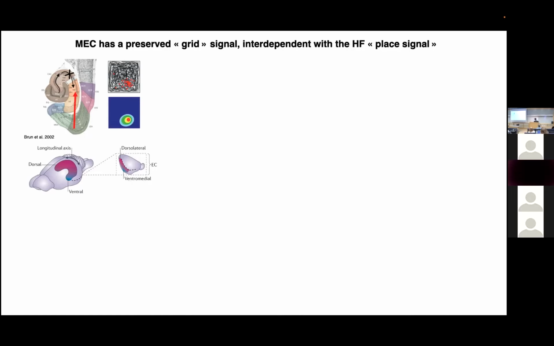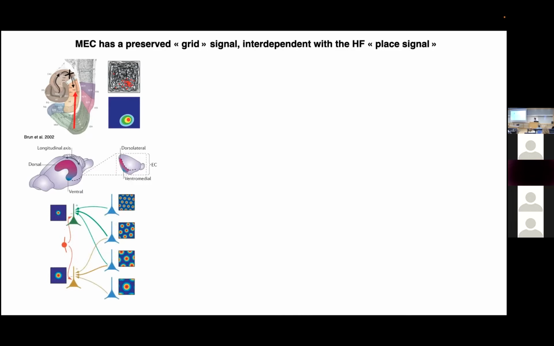When colleagues at the Karolinska Institute probed the activity of this region in the entorhinal cortex, they found another very interesting place signal called the grid cells. And what is interesting for today's talk is that the gradient is distributed also functionally between the entorhinal cortex and the hippocampal formation, meaning that in the dorsal part of the entorhinal cortex, which would slightly be homologous to the closest part of the collateral surface into the entorhinal cortex in humans, in primates, we have grid cells that fire with very little distance close to each other.